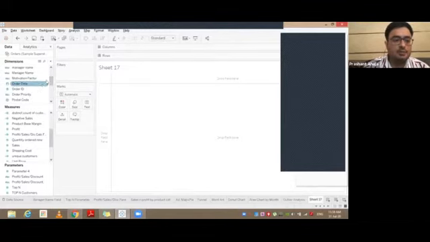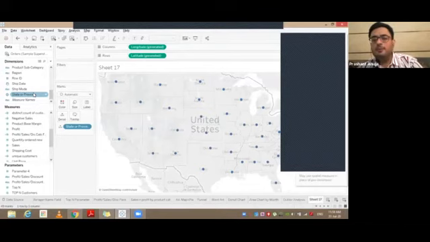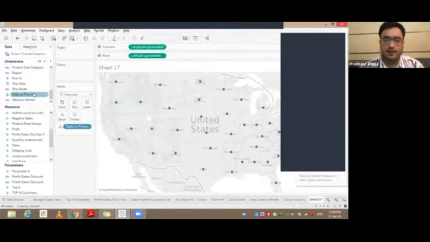So just put up the field which is state, double click on this, it would give you all the states of the United States. Now, why is it giving you the US map? Because the data is designed that way. What if it was a world map? Then the world map would have appeared here automatically. We need not worry about that, right?